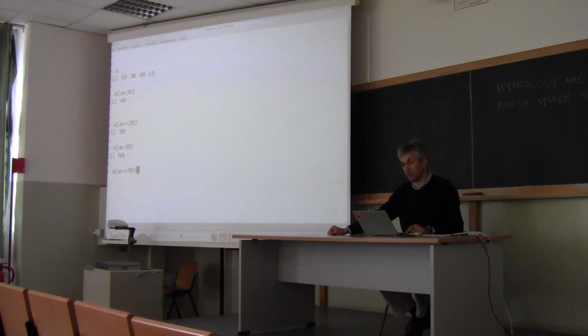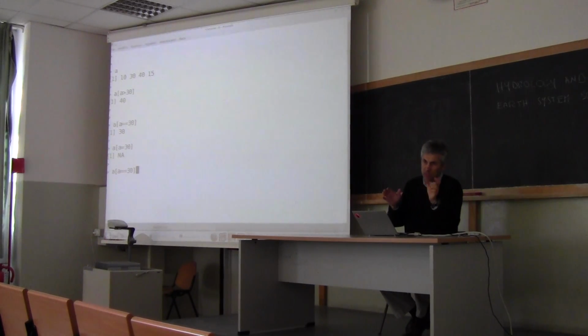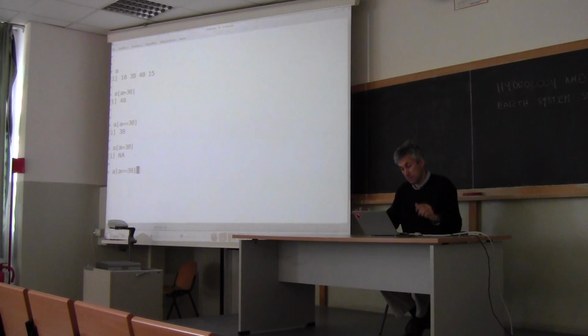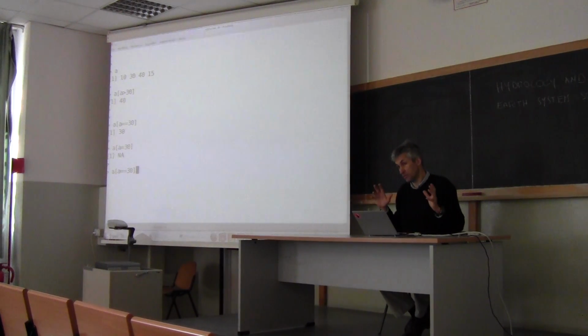And don't ask me why, because these are symbologies that were taken from previous versions of the program, and there must have been a reason why they wanted to put a double sign to identify elements of a vector, but I don't know it, okay? And of course there is sometimes a bit of a problem, because if you don't know this symbology,